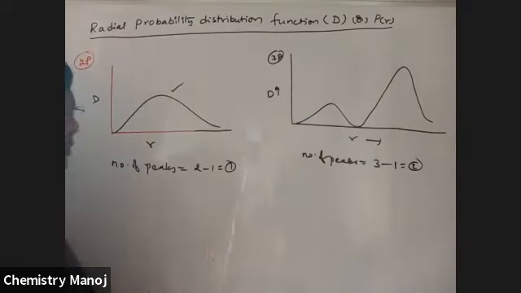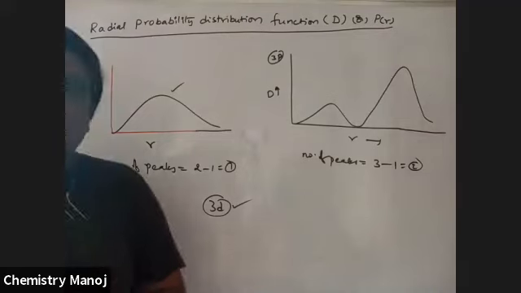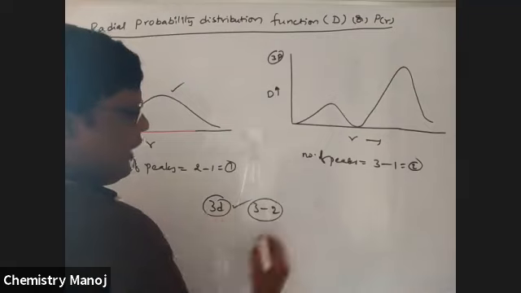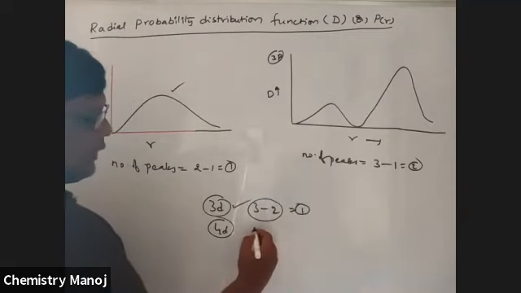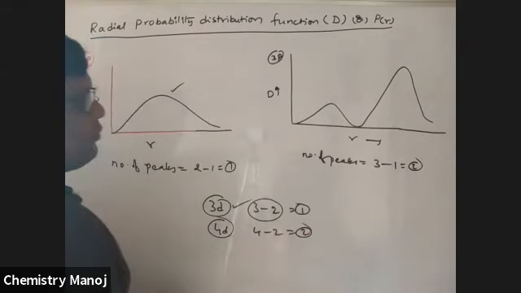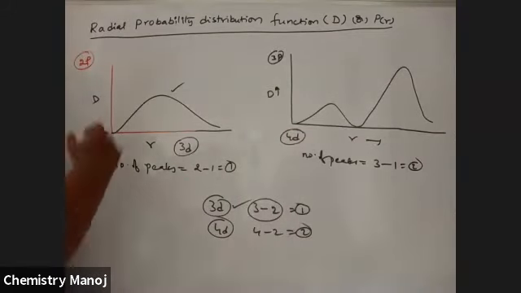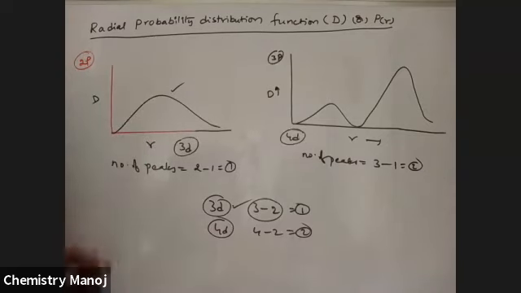Now, predict how many peaks for 3D orbital in distribution curve. Number of peaks is equal to n minus L in probability distribution curve. For 3D, 3 minus 2 is equal to 1 peak. For 4D orbital, that is 4 minus 2, that is 2 peaks. That means the value is applicable for 3D and for 4D, but the sharpness and width of the shapes may be different. Only 1 peak, 2 peaks are available.